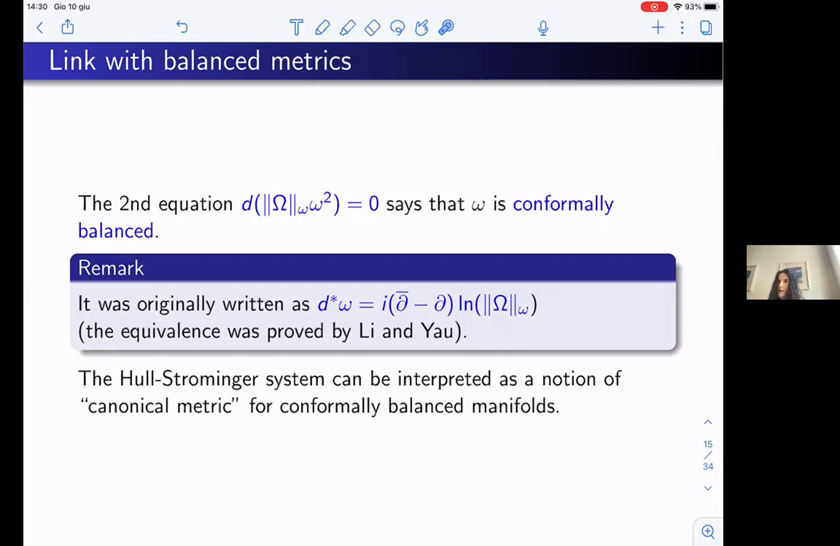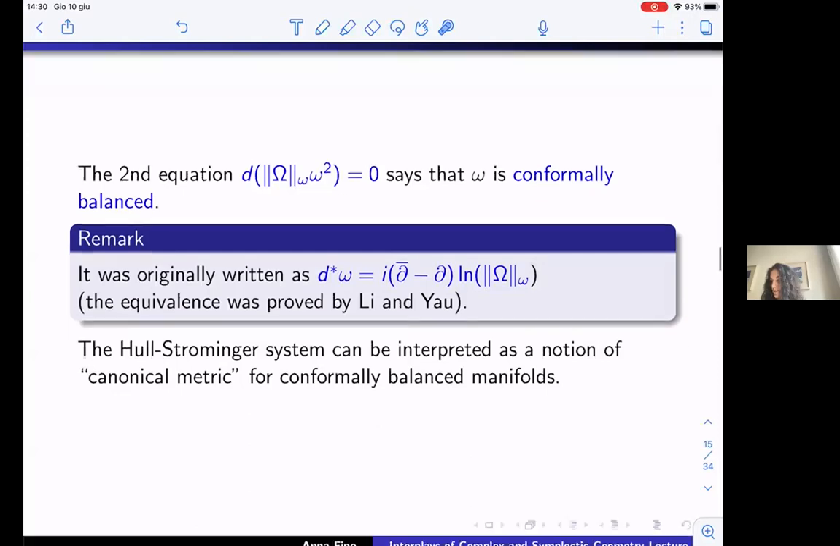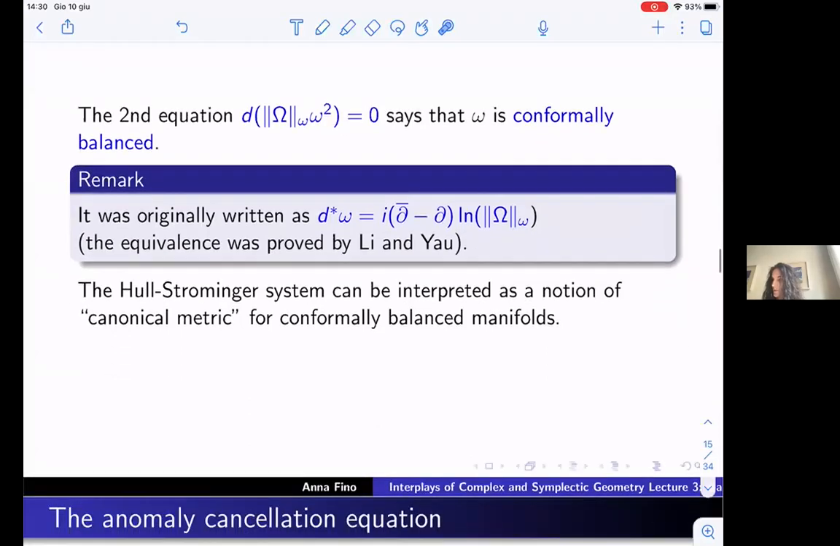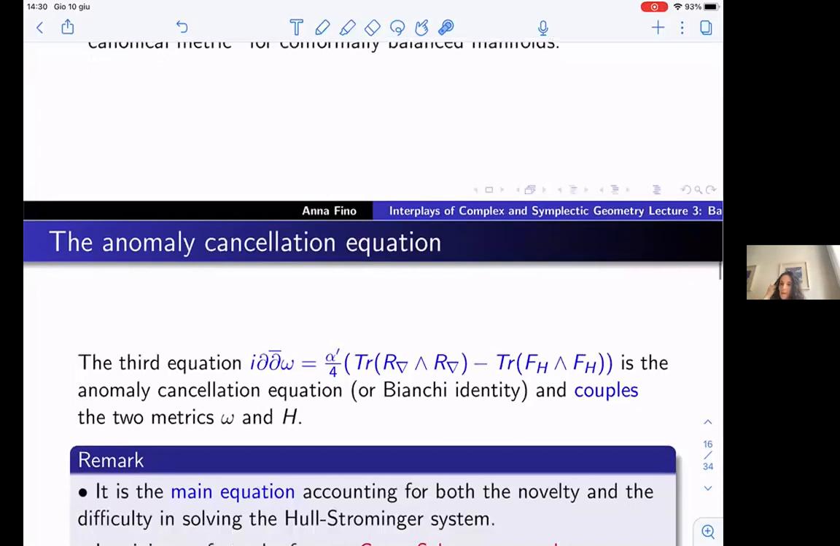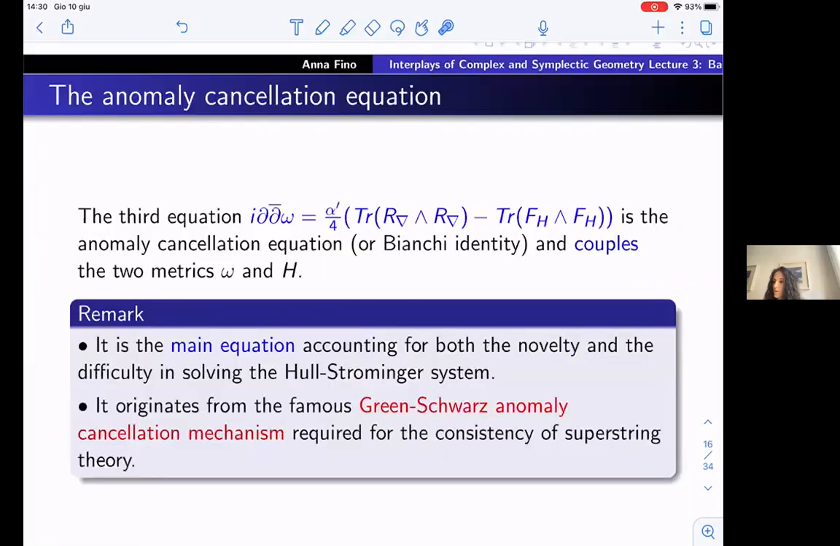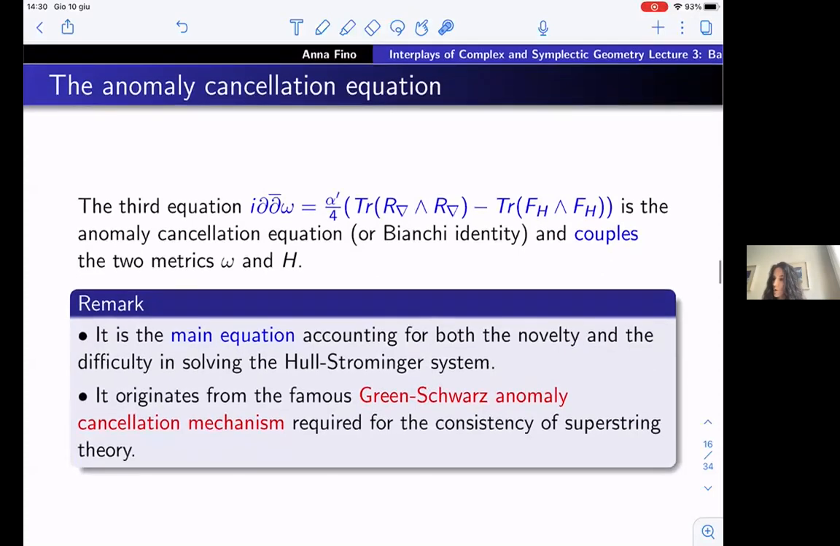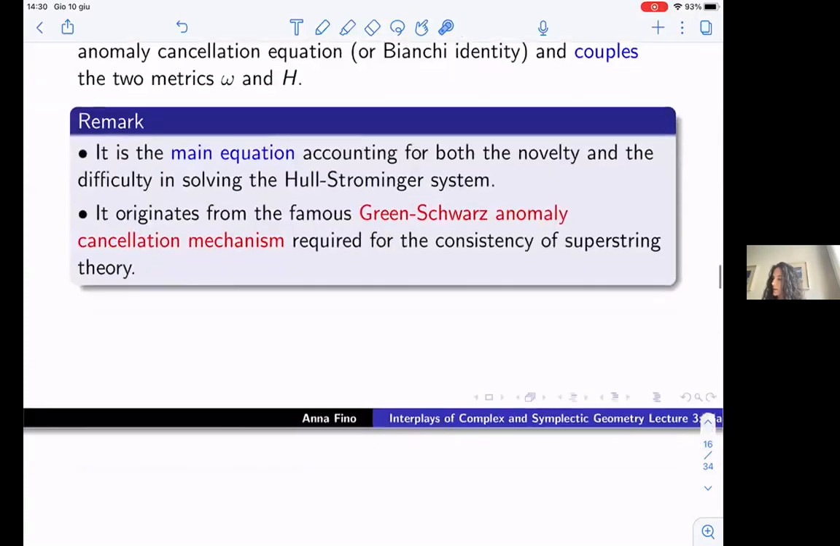So as in the Kähler manifold, you are looking for canonical metrics, for metrics with some property. Here we are looking, let's say, to consider a canonical metric for a conformally balanced manifold. And the fact that it's canonical is given by the third equation, which is also called the anomaly cancellation equation, that couples the two metrics. And that's the more difficult